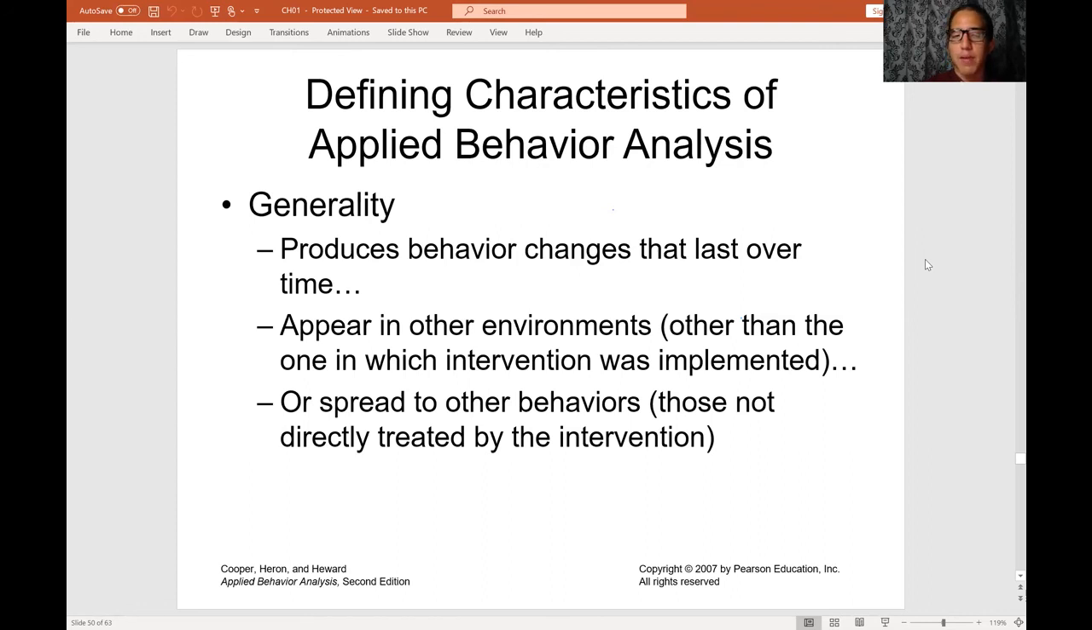So yeah, what you want to do in applied behavior analysis is produce behavior changes that not only last over time, but you want to make sure that you generalize these changes in other environments as well, you know? And you do that again by following the attitudes of science, by uncovering the variables, by teaching in other environments and making sure that you are using general